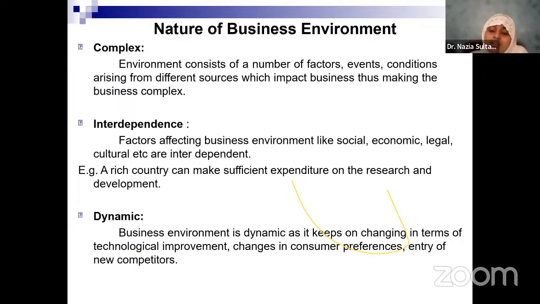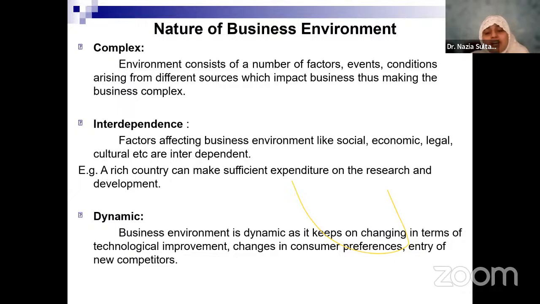Even if you're running a small business like a grocery store, or a tiffin center, or you are doing a small business on an e-commerce platform, even if the business is small, it gets impacted by a lot of factors which are around it. No doubt all the big businesses also get impacted by so many factors. So all these put together are not very simple to understand. They are very complex, where the impact on the business also will be dynamic.